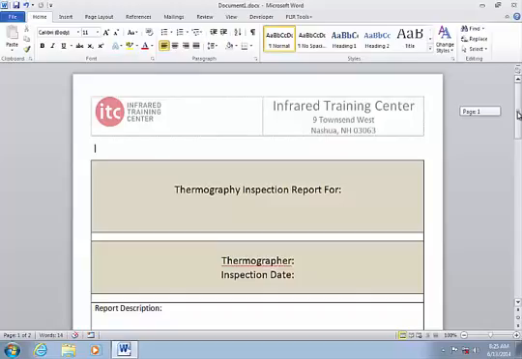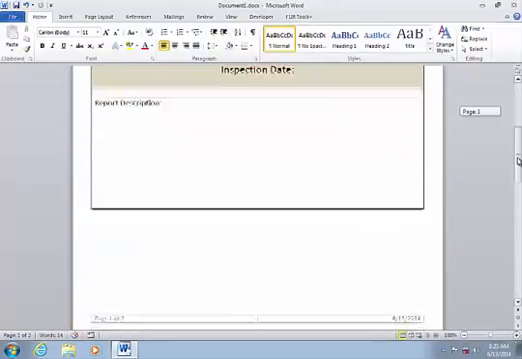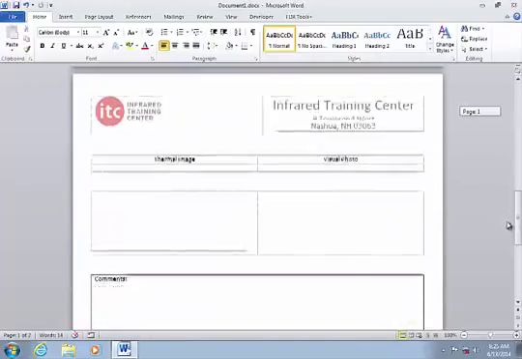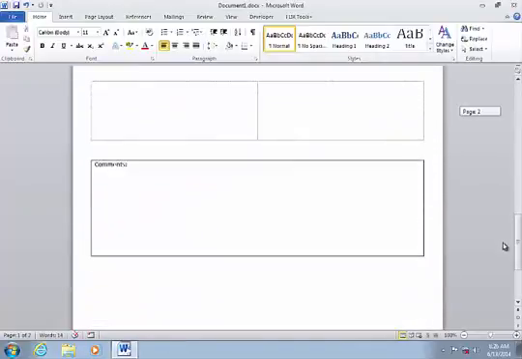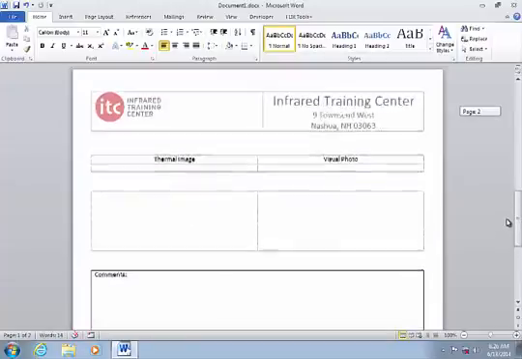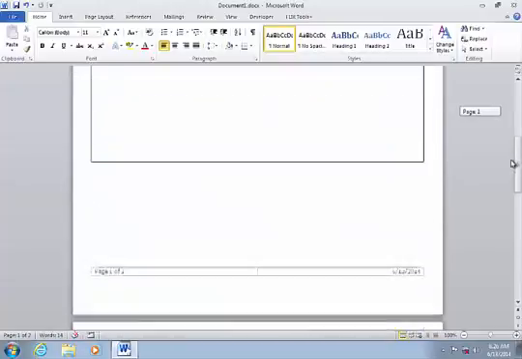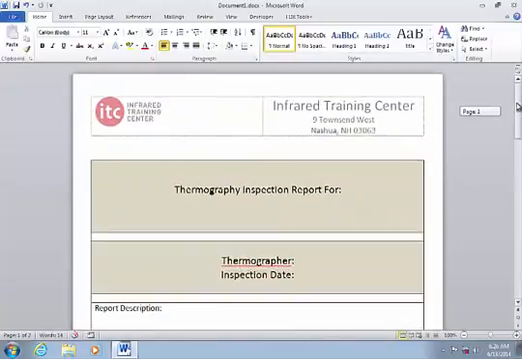FLIR Tools Plus templates are essentially just Microsoft Word templates, with a few special objects added to handle the image import and the display of image and temperature information. This is a Word document set up with a cover page that I want to adapt to use as a FLIR Tools Plus template. It is important to note that there is nothing unique to the FLIR software about this